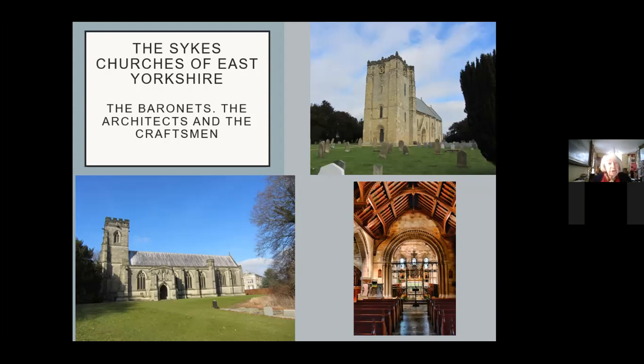I must make a confession, I'm not normally a great fan of most Victorian church buildings. I find the churches that they designed dull and lifeless. But while I'm often critical of the Victorian ruthless rebuilding of medieval churches, for the Sykes churches, I do make an exception. So looking at this slide here, I'm just moving myself slightly out of the way,